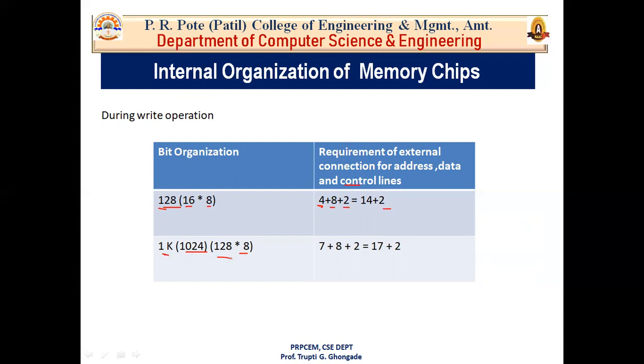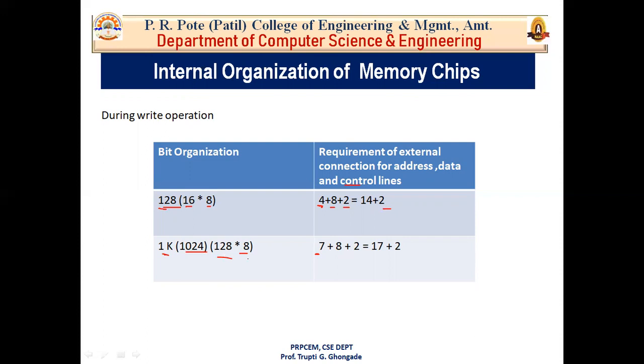Or if you find it difficult to do this, then you can directly divide 1024 by 8, because the length of a word line is 8 bits. So if each word line is 8 bits, then how many word lines are required? You can directly divide 1024 by 8. Each word line stores 8 bits of information, and to represent 128 word lines, that is 0 to 127, how many bits do you require? You require 7 bits. That means 7 address lines to represent 128 addresses.